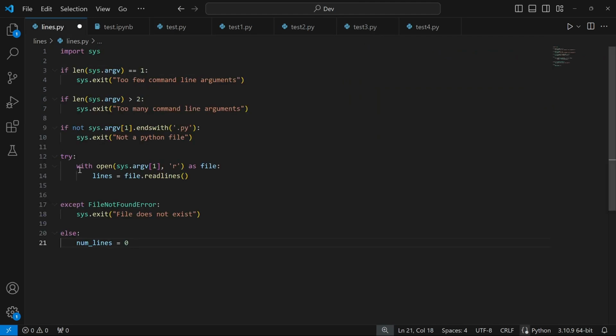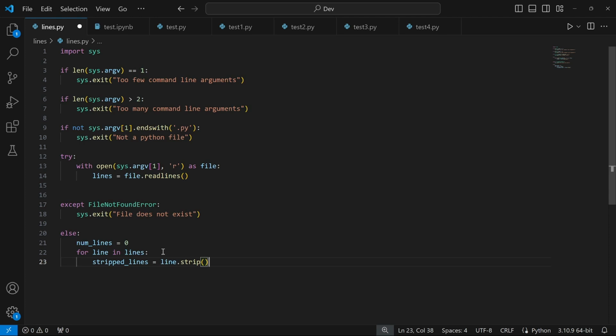I'll come back to my file lines.py, and to continue here, I'm going to start a for loop for line in lines. The first thing I'm going to do is strip every line. That's to remove any white spaces. Those white spaces could be tabs, could be \n, that's new lines. So to remove any white spaces in every line of code, I'm going to create a new variable, and I'm going to call it